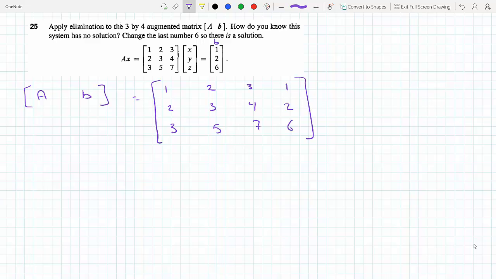Okay, so the first elimination we need to do is to make this guy a 0 here. So this would be minus 2r1 plus r2, and I could apply this on the identity matrix, and if I apply this on the identity matrix, I will get